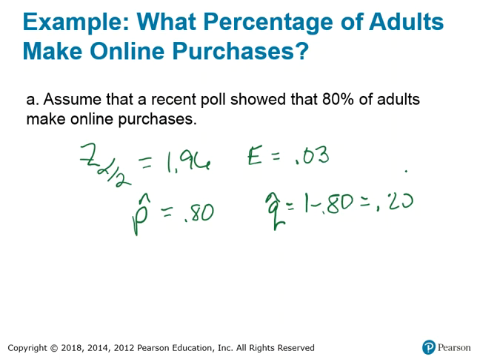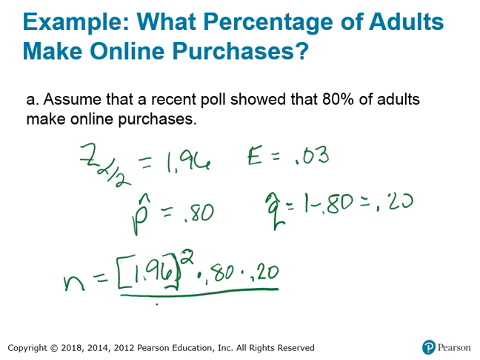Okay, so we have our parts, so we can put them into our formula. So our Z alpha over 2, our critical value, is 1.96. We're going to square that. We're going to then multiply that by p-hat and q-hat. Then we are going to divide by our margin of error squared. We're going to plug that all into our calculator, and it spits out a number of approximately